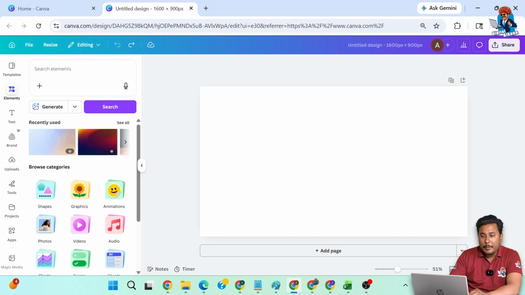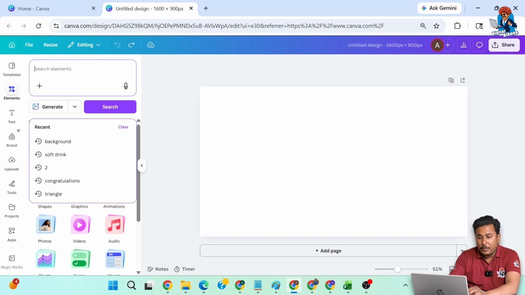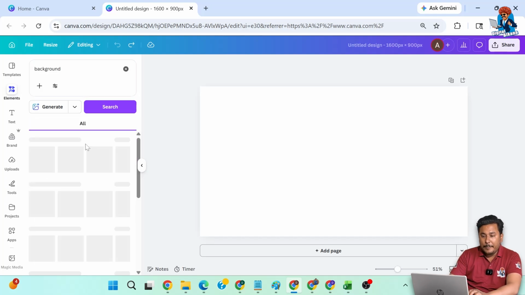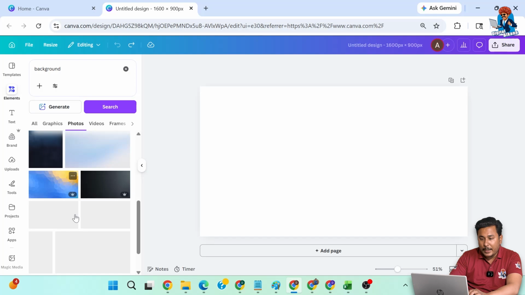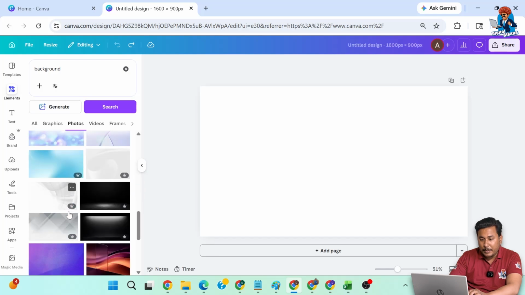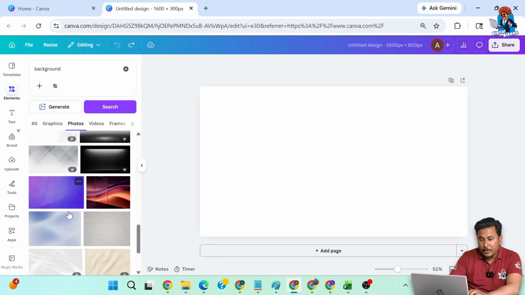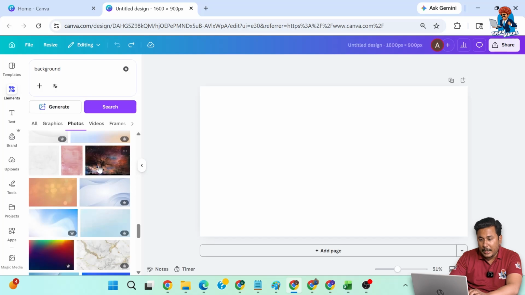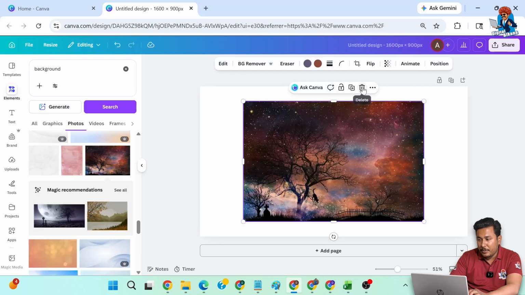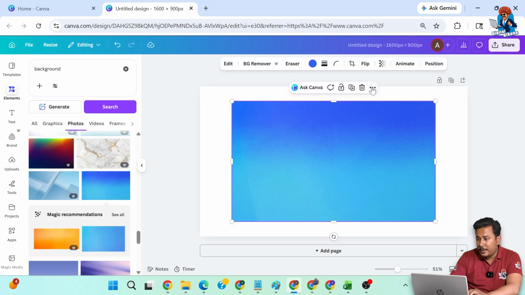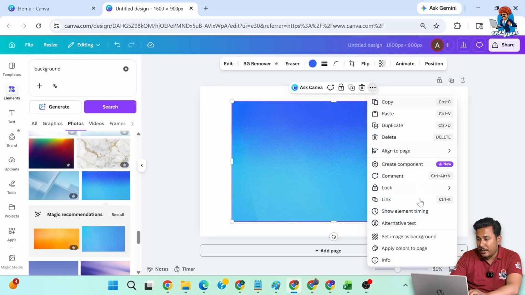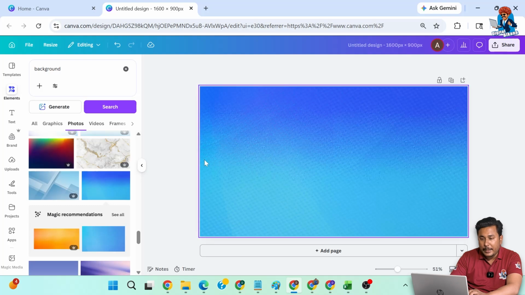So we are going to Elements and search for background. Okay, and here from the photos I'm going to add a background to it. Okay, let me choose another background, right? For example, I have chosen this. No, I'm going to choose another one. Okay, for example, I have chosen this, and now I'm going to click on triple dot, set image as background,